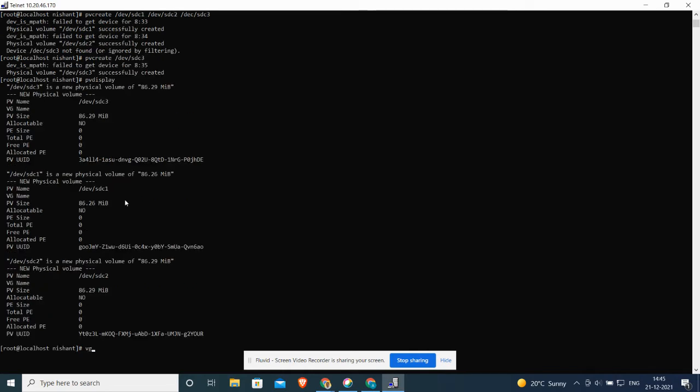Now, as we have seen in the theoretical portion in the previous lecture, we have to create a volume group. So to create a volume group, the command is vgcreate. Let us clear the screen so that it becomes more visible. vgcreate is the command. We give the name of the volume group. Let us call it volg1,